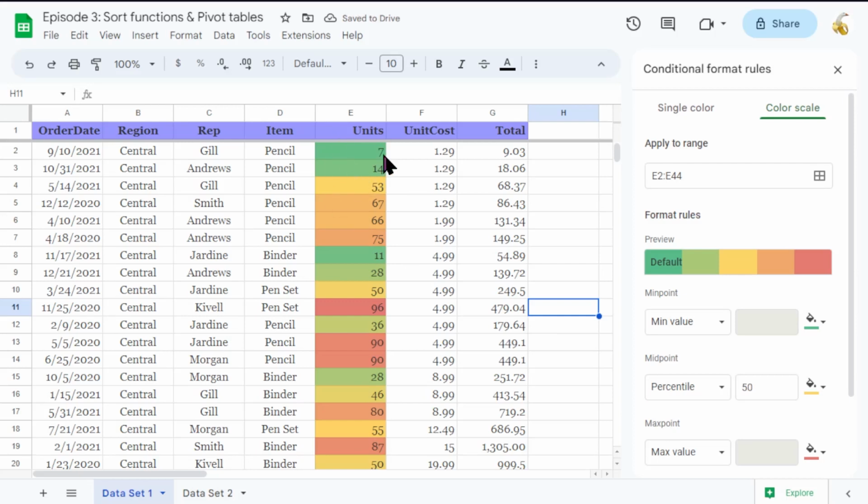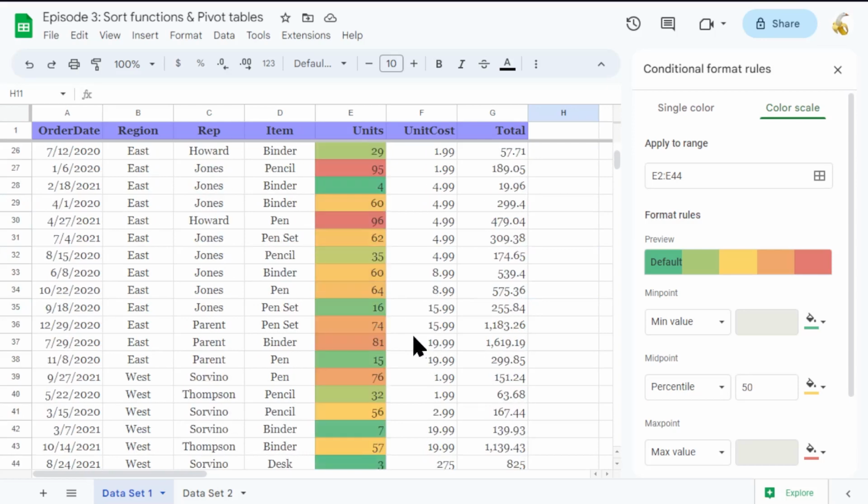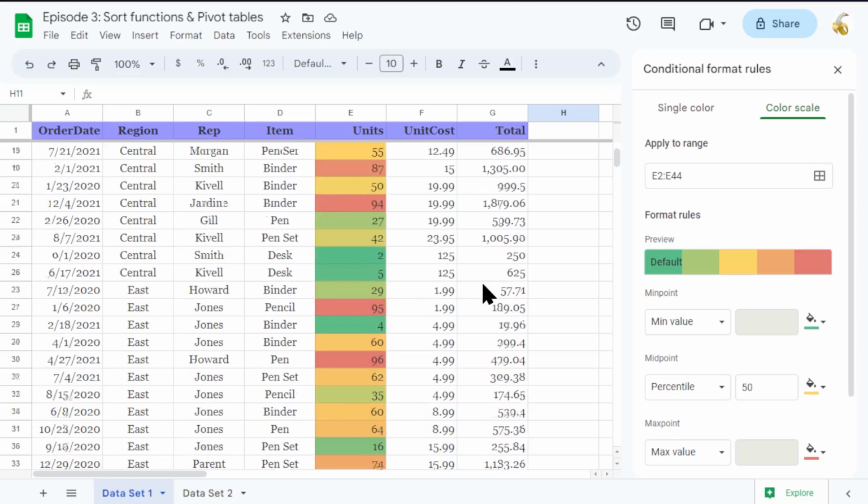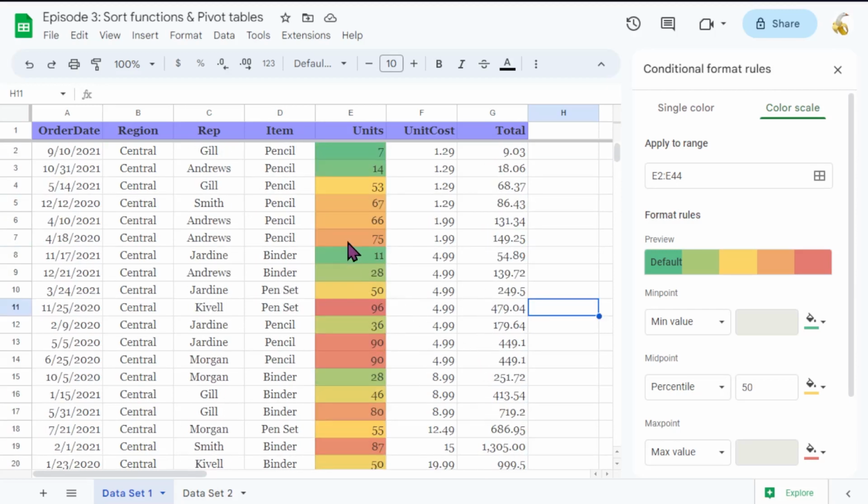Notice now the numbers are all jumbled around, but you can still easily pick out which are the highest prices in red and which are the lower prices in green. And that's really helpful as well, because as I've mentioned in previous episodes, visualizing your data is a great way to be able to interpret it. And if you can assign colors to certain values, then you can easily see, oh, green good or red bad,